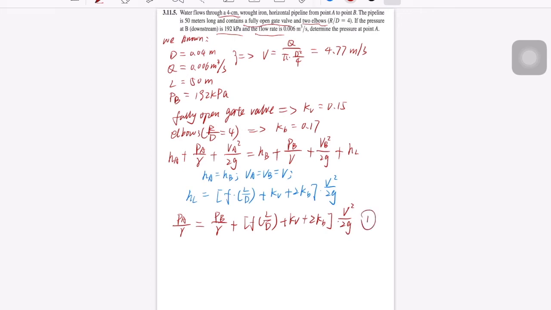This is equation 1. The value we don't know on the right side of the equation is the friction factor. So we need to find the friction factor. To determine this friction factor, we need to know the